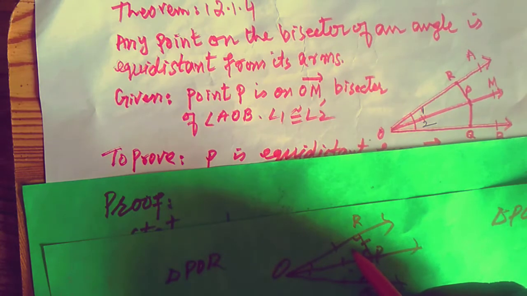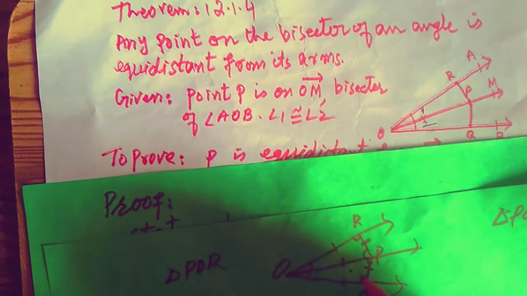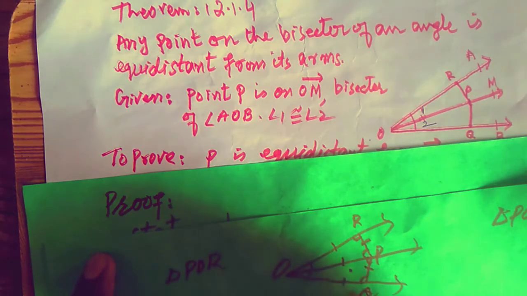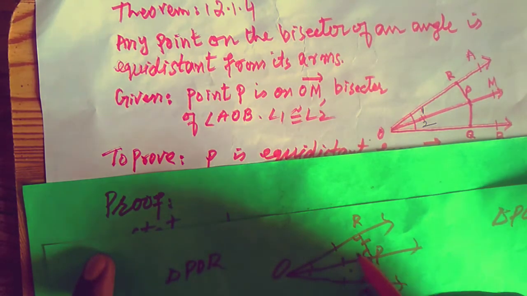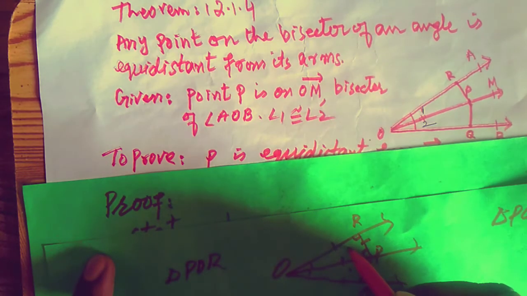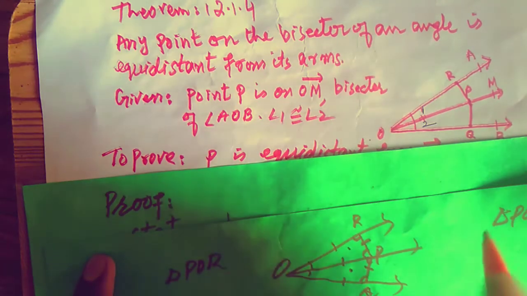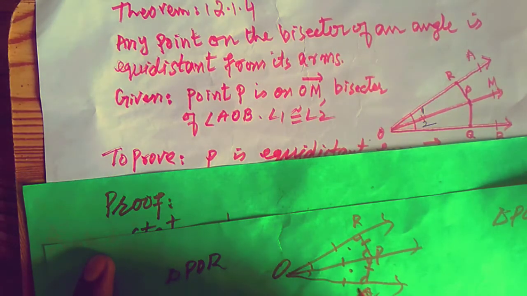When we produce correspondence between 2 triangles, then the 6 components of this triangle and 6 components of this triangle make 6 pairs of components, in which 3 can be used for making the 2 triangles congruent, and the remaining 3 can be found out by using the CPCT rule.